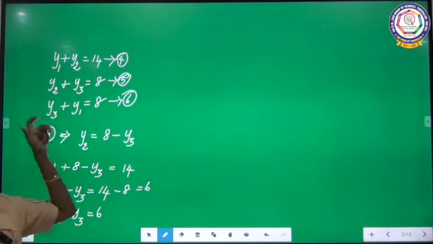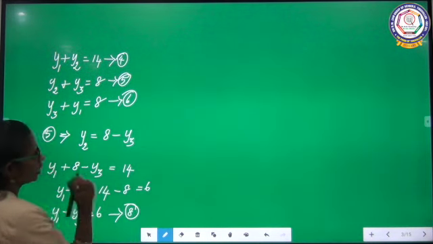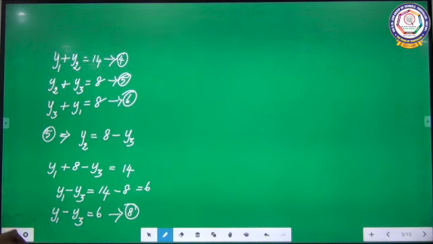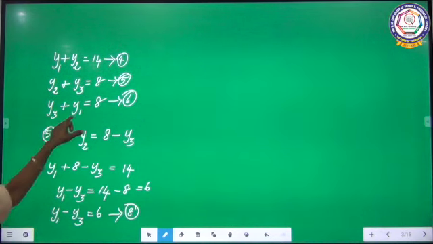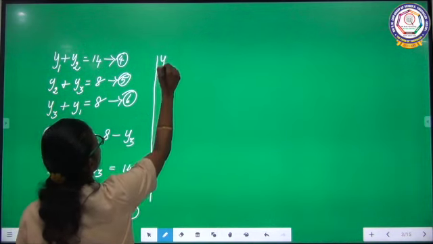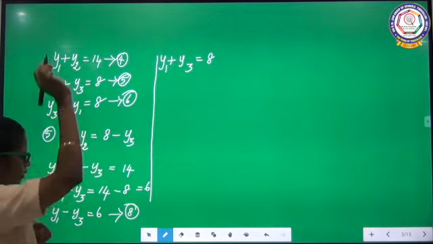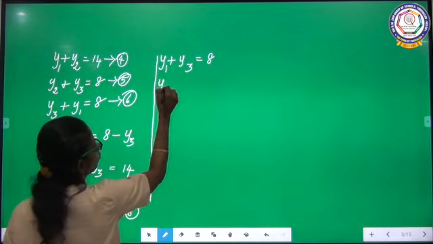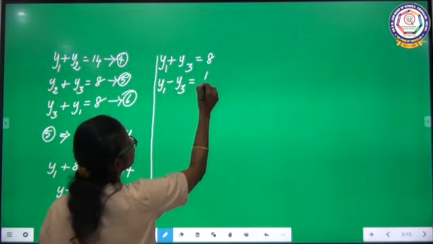The same logic. There I gave a number as 7. If you want, you should give a number as 8. Now I am going to solve. Again I am going to apply the elimination method on equation number 6 and 8. The simple thing I said, right? 2 plus 3 equal to 3 plus 2. The same thing I am going to apply here. How I am going to write, you see? y1 plus y3 equal to 8. y1 minus y3 equal to 6.